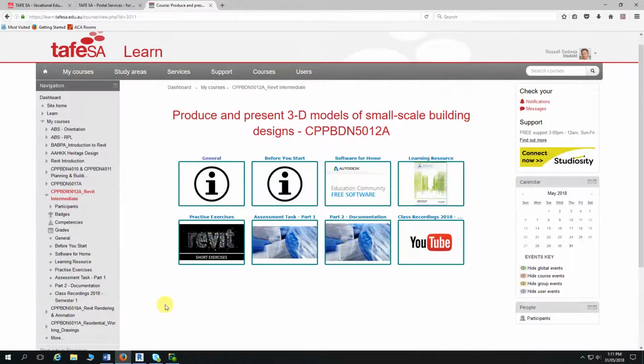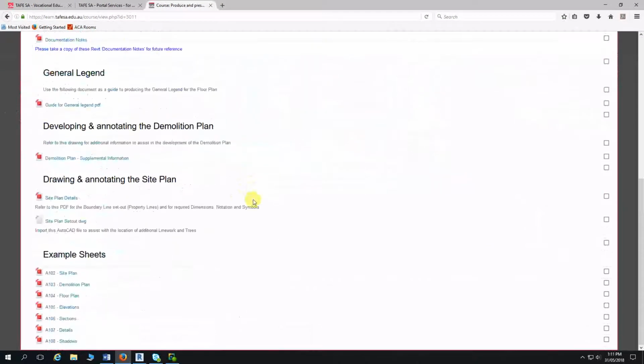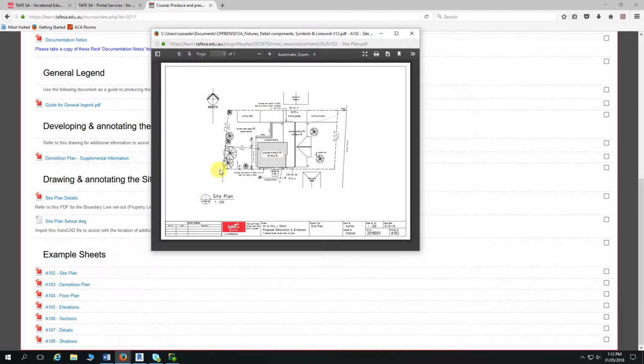Now, if we go back to part 2, I've updated the site plan, the A102. I've updated the dimensioning on the site plan example sheet. I've also updated the PDF sheet here that you used to generate the site plan. But if we have a look at the example sheet,